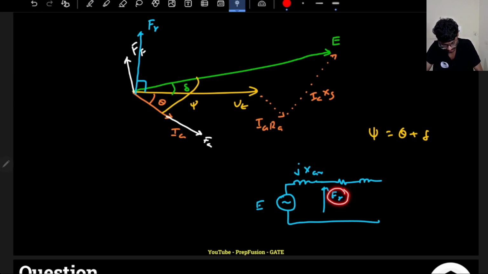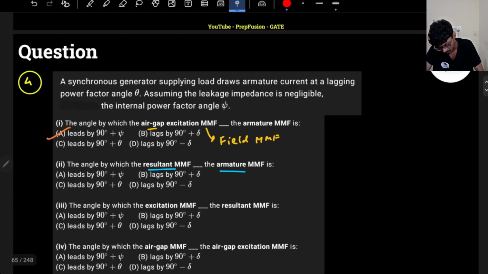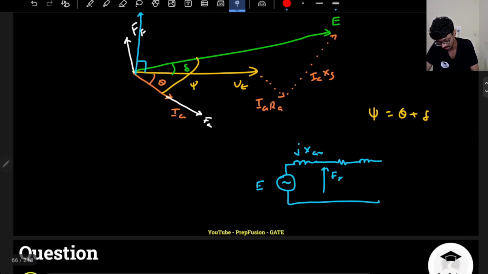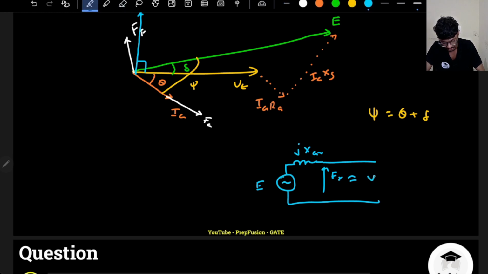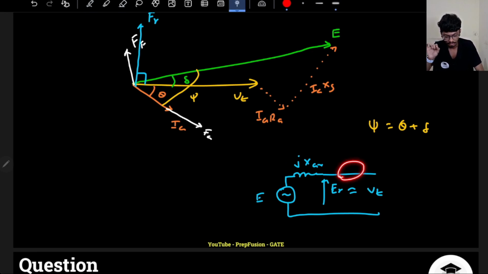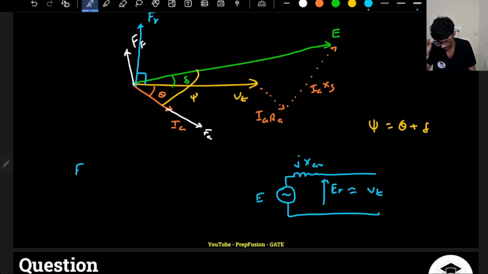So the resultant ER, and here they have told me to neglect the leakage impedance, and armature resistance also I will neglect. So basically, if I neglect these things, my ER is roughly equal to Vt only. Actually what should have happened, because there will be some drop here, right? The FR, the resultant MMF,